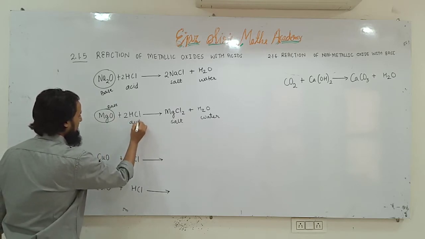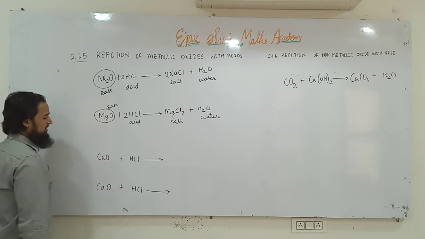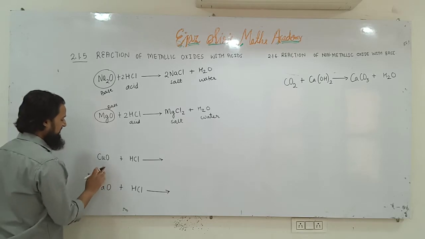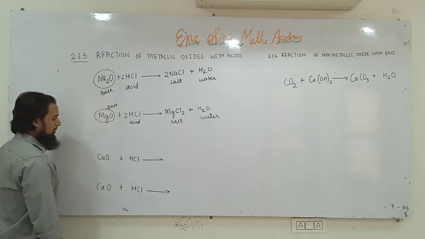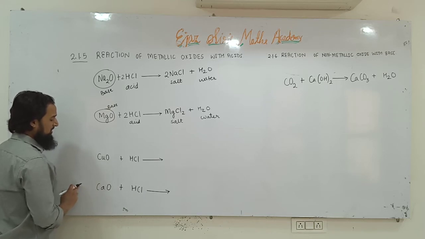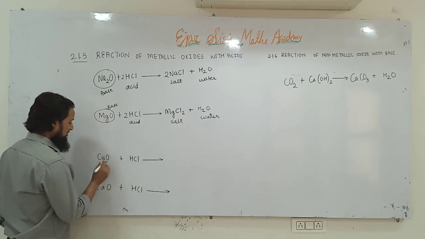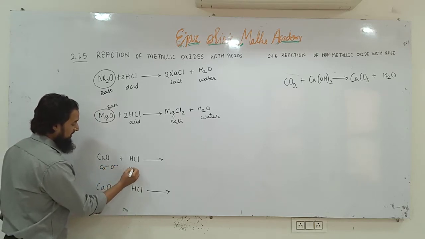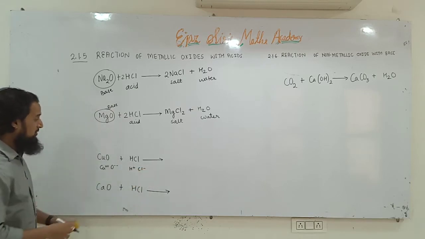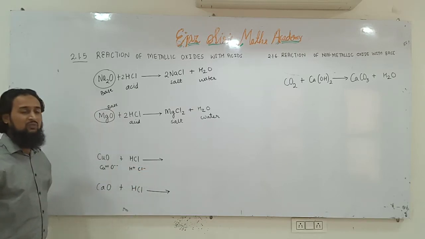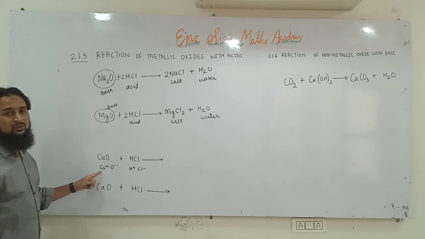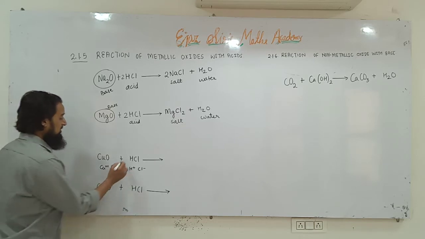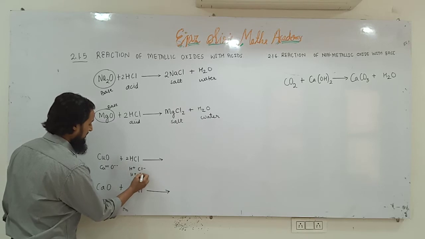So it is acid. The third reaction, similar, copper oxide. This reaction is given in the next activity, so we will cover it here itself. CuO is copper(II) oxide, and this is HCl. Since it is Cu2+ and O2-, and we have H+ and Cl-, you know chlorine accepts 1 electron to make Cl-, but copper wants to donate 2 electrons. Copper is 2 positive. So when copper is giving 2 electrons, there must be 2 chlorine atoms, 2 chlorine ions. So it will become like this.